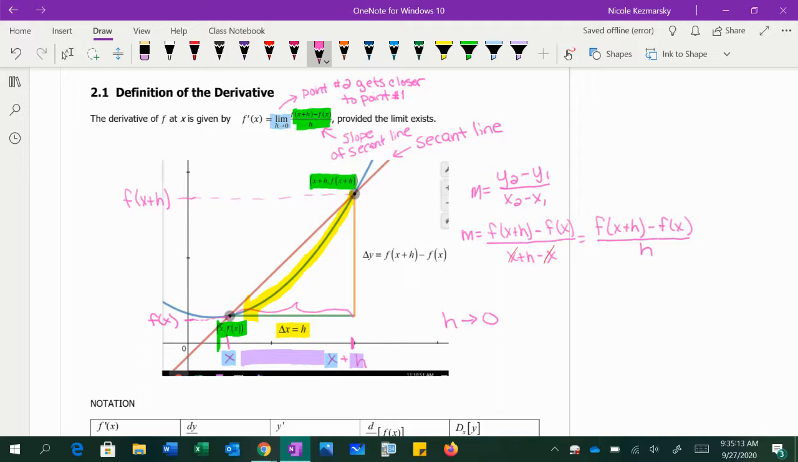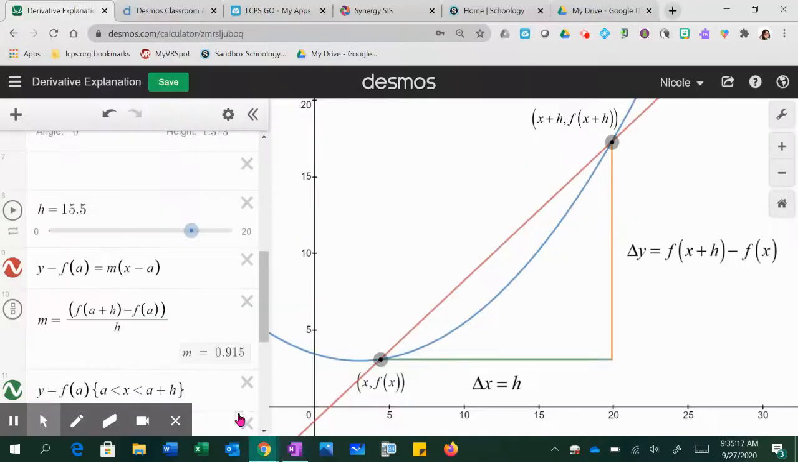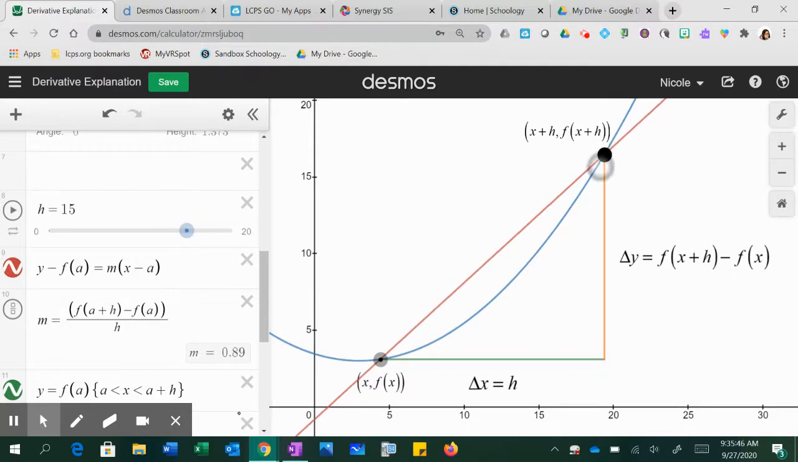So it's difficult to show this in a static image. So let me go over to Desmos and show you what this looks like if we actually try it with a moving image. So here's the same picture that we were looking at. We have our point at x, f of x, and at x plus h, f of x plus h. So we have our 2 points. Now what I'm going to do is take this second point at x plus h and slide it closer